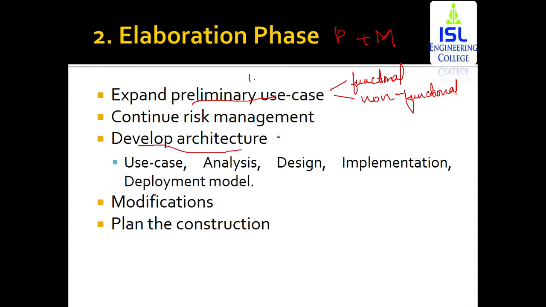Now, this entire architecture is going to be designed by having 5 different views. These 5 different views are going to be the use case view, second is analysis, third design, implementation and deployment model. You're going to create these 5 models within the elaboration phase. Now, the use case diagram is going to tell you the behavior of the system. Analysis model, you're going to map all the requirements that were told by the end user to the requirements that were stated. That is what you're designing and what was stated by the end user, whether all of them are present or not. Designing means you're going to make an architecture. Implementation will require coding part. Implementation is the coding. Then deployment is delivery of the